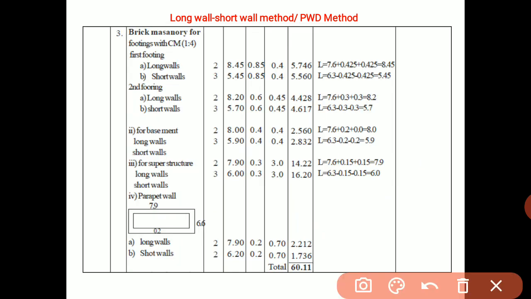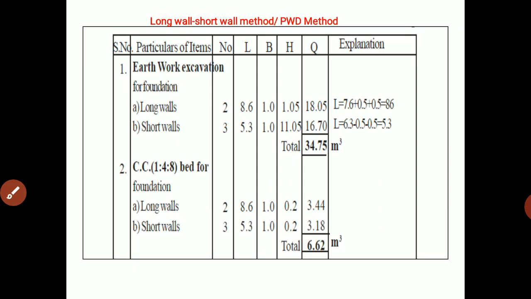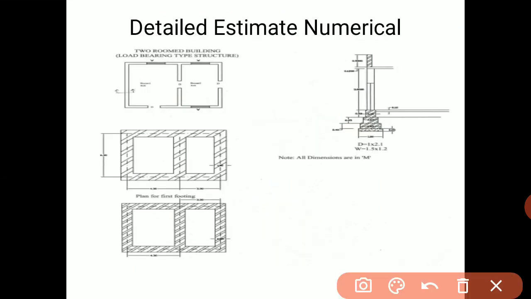Similarly, for all the steps we are going to do this. And the height or depth we have provided, we don't need to calculate, we have to take it separately from this section. Okay, so just try to read or get the dimensions from the section very carefully. If we get confused or if we do anything wrong over here, all the calculations will go wrong.